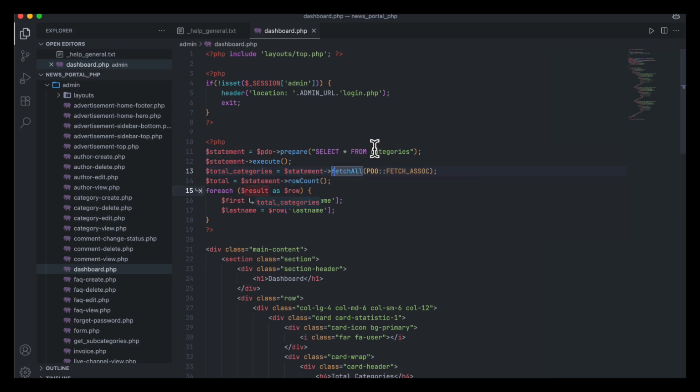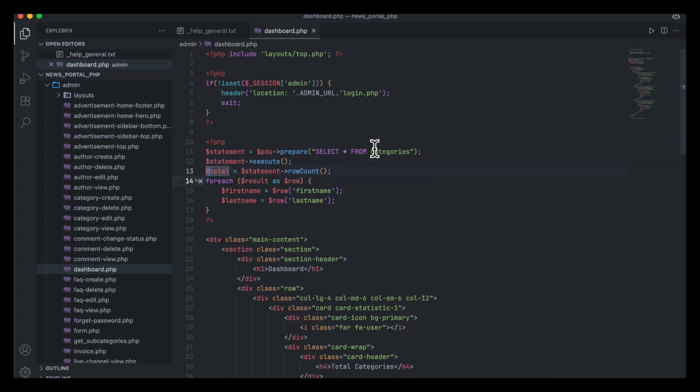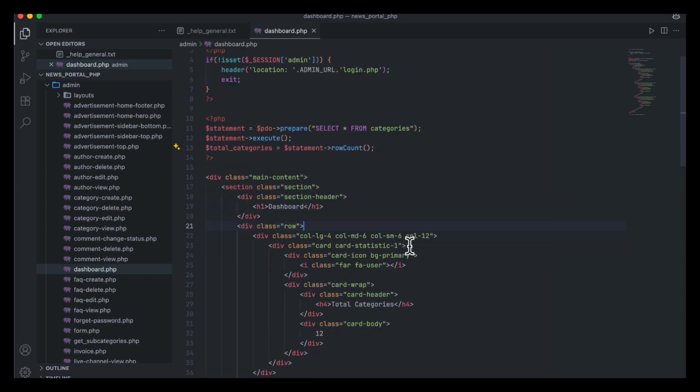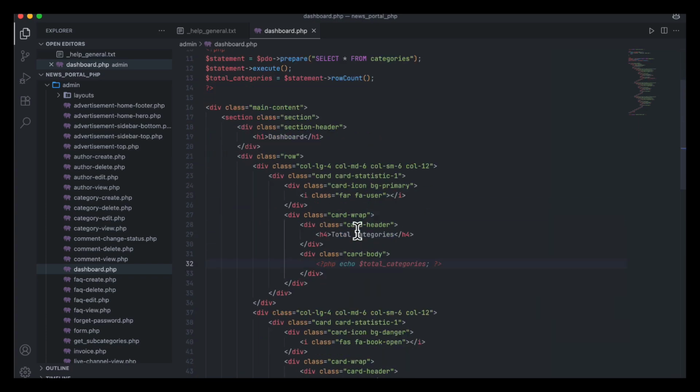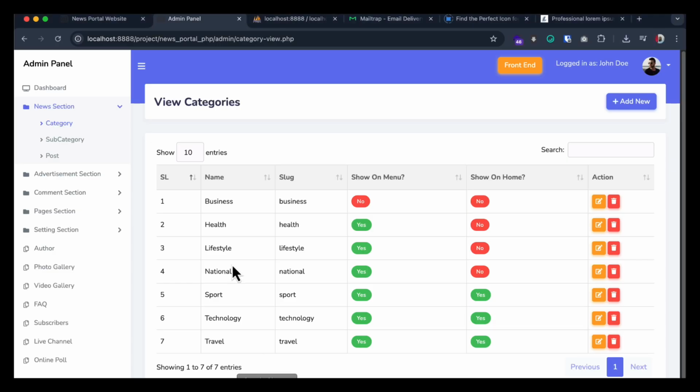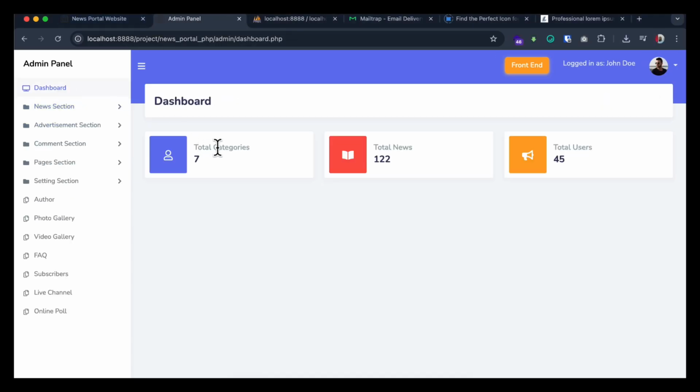So total categories will be how many I am going to show here. So not like this, it will be the total categories. So the total items I will need to show here. So here what things I will do, the total categories. Now if I go to the dashboard, you see total categories 7, and here I want to show another